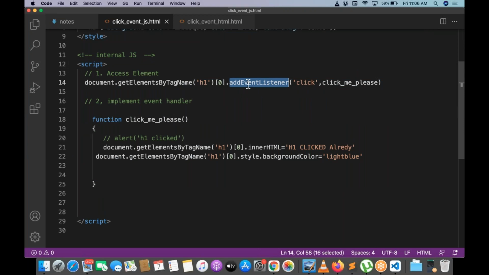What is the importance of the add event listener method? How to provide a click event on an element? The question is very simple: how to provide a click event on an element, on a division, on a tag. Then you have to explain: first of all, I need to access the element by the name, by the class, by the ID. Then I need to apply the add event listener method on top of that. Then I need to write two parameters. First parameter is the event name. Second parameter is the handler name. And I need to implement the handler. That's it. Question is 1 line. Answer is 4 lines.